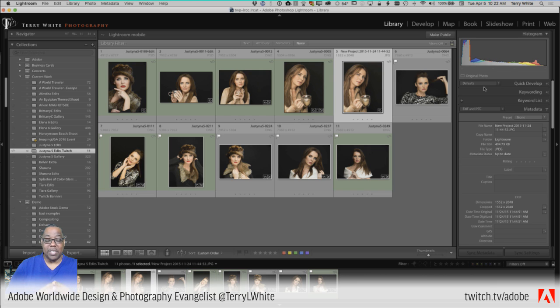The output, usually when I get prints back, they're either pretty much dead on or way off, meaning something really went wrong. So instead of that being a beige blouse, it would be orange. So I know that the rest of the photo is trash too. And that's rare, but I have had that happen where I've sent like 10 prints and 9 of them come back pretty much perfect and one is drastically off. So rarely is it off by more than a little, if not a lot. And I never color calibrate because that's not my workflow.